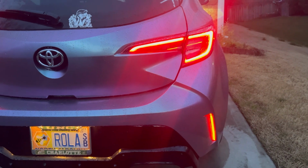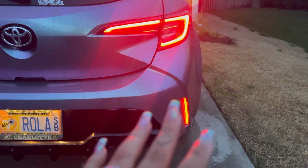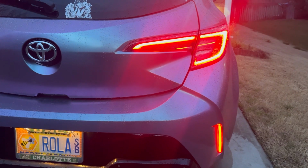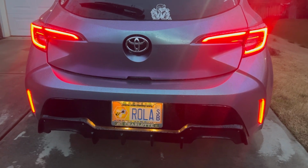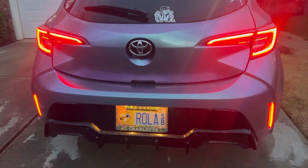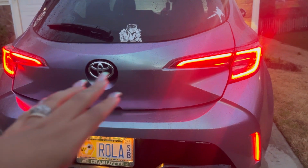So this video is going to be showing you how to add on some rear brake lights that Toyota should have given to us off the lot. Gives it a very nice look. It's more visible. It's cute. It's aggressive. Now all I need is a mid spoiler